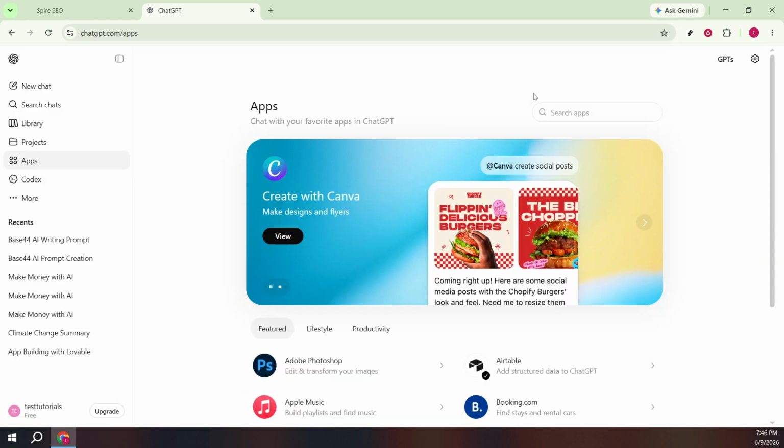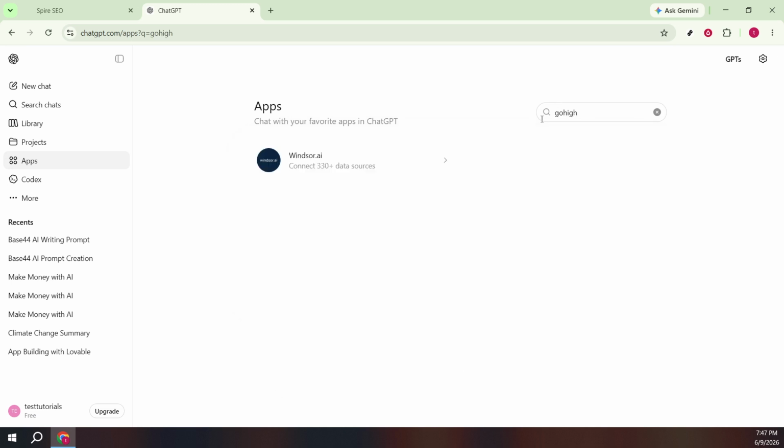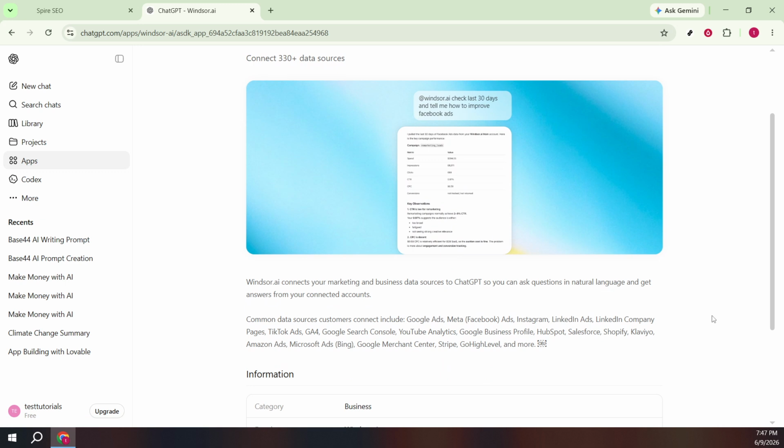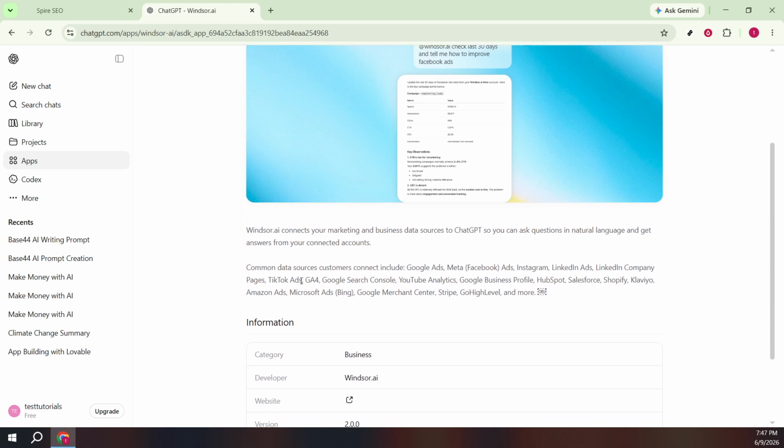In the search bar, type GoHighLevel as a single word. Among the results, look for Windsor.ai and click it. Windsor.ai connects marketing and business data sources to ChatGPT, letting you ask questions in plain English and get answers pulled from your connected accounts. Many users link platforms like Google Ads and Meta through the same connector, and it also supports GoHighLevel. That means metrics such as leads, opportunities, and campaign performance can be surfaced conversationally once the connection is